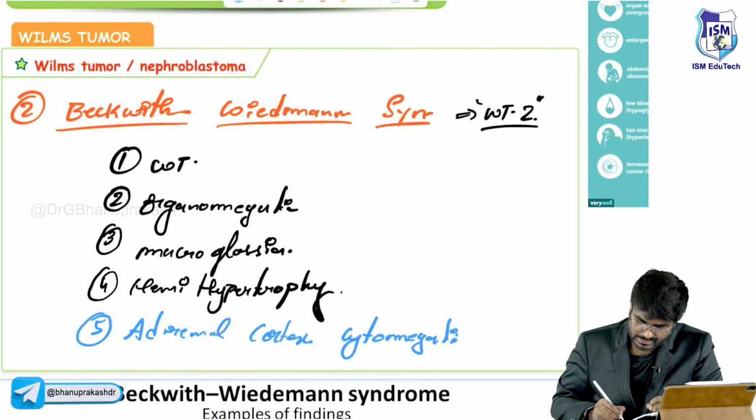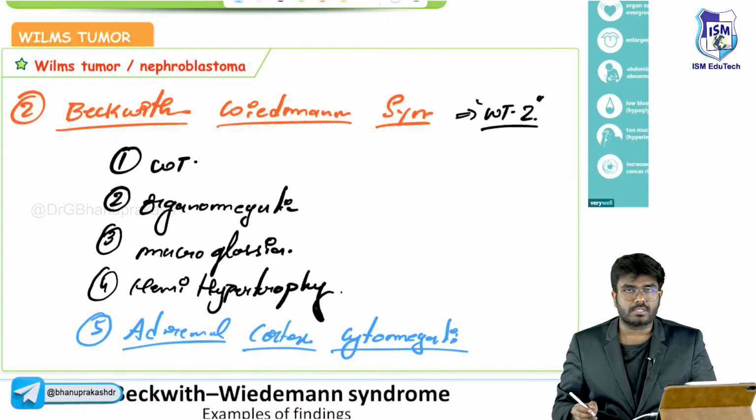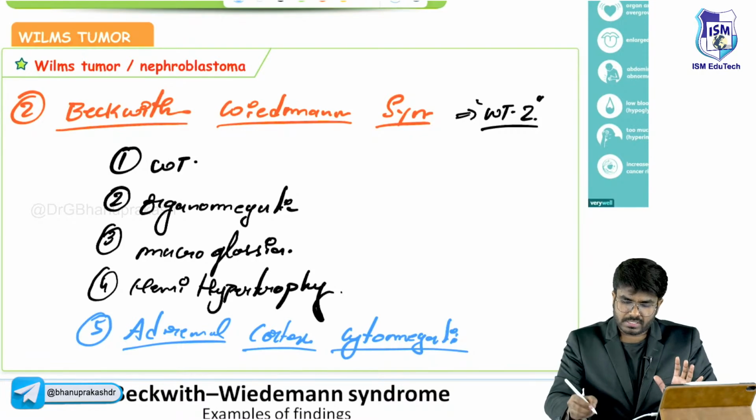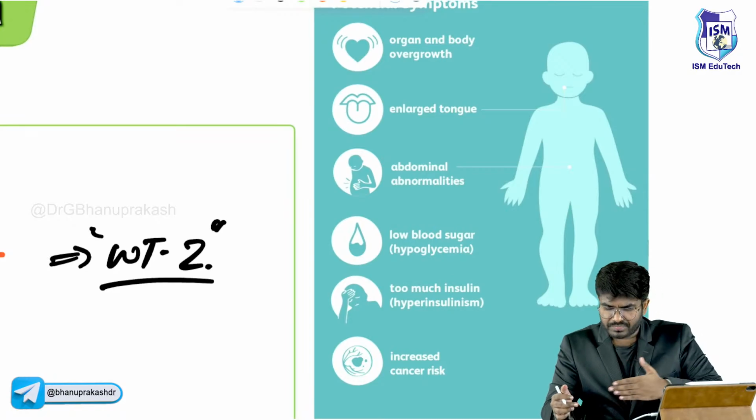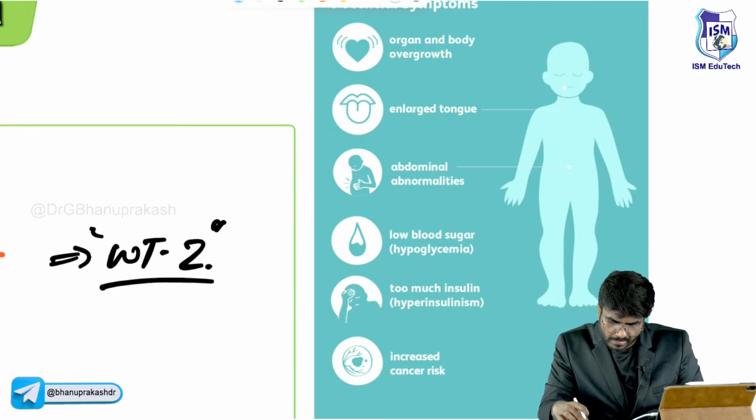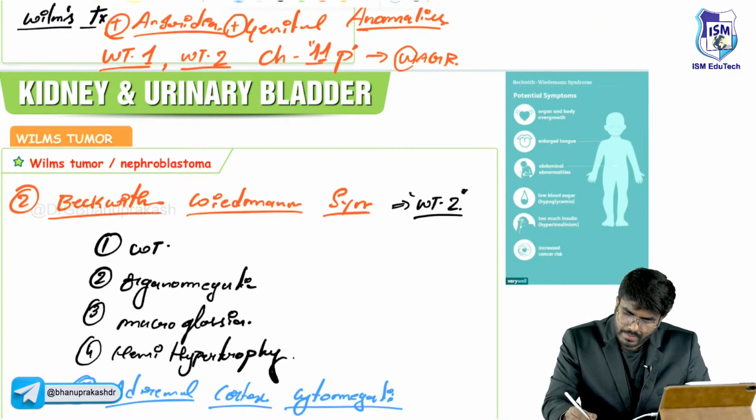Adrenal cortex cytomegaly, so there will be a problem with the adrenal cortex also. Next, look here, you can see Beckwith-Wiedemann syndrome. The patient is going to have these symptoms. Anyway, you can know it. Okay. Now, apart from this,